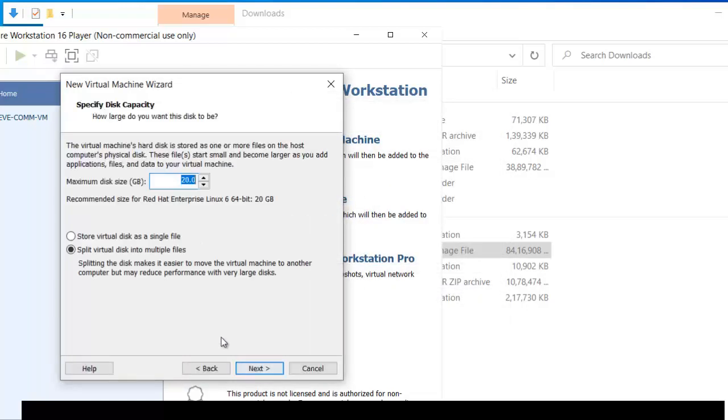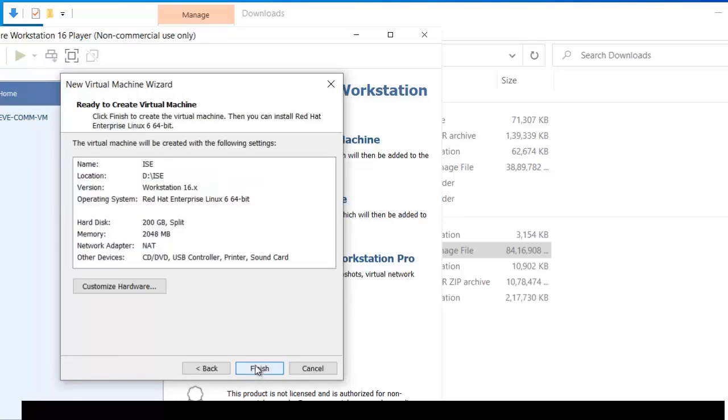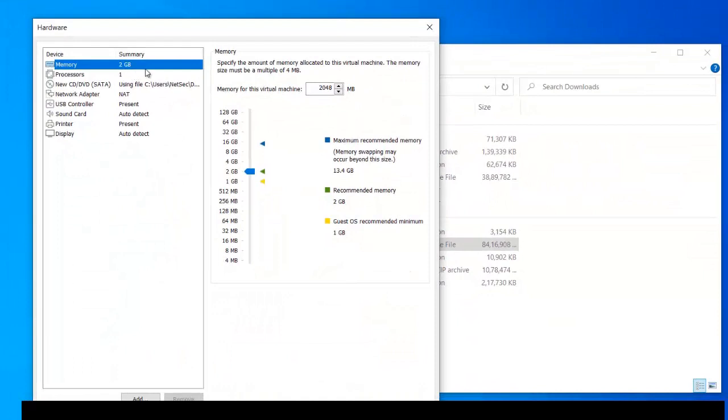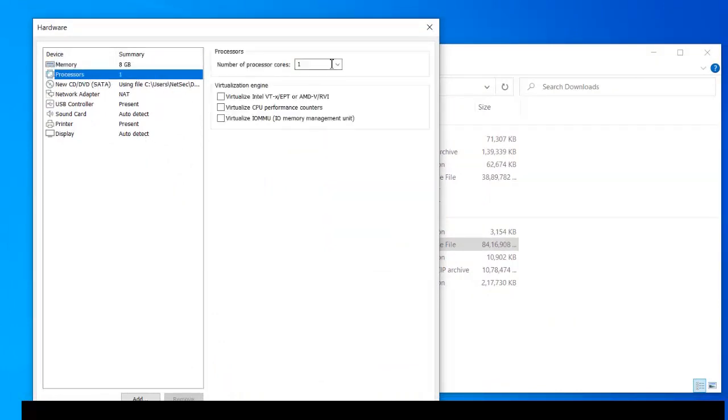Click on next. You need to provide a minimum of 200 GB of hard disk. It will not consume that much of the hard drive, but still you need to provide that. Go to customize hardware. Change the memory to 8 gigs. For the processor we will be using 2 cores and you need to turn on virtualization.